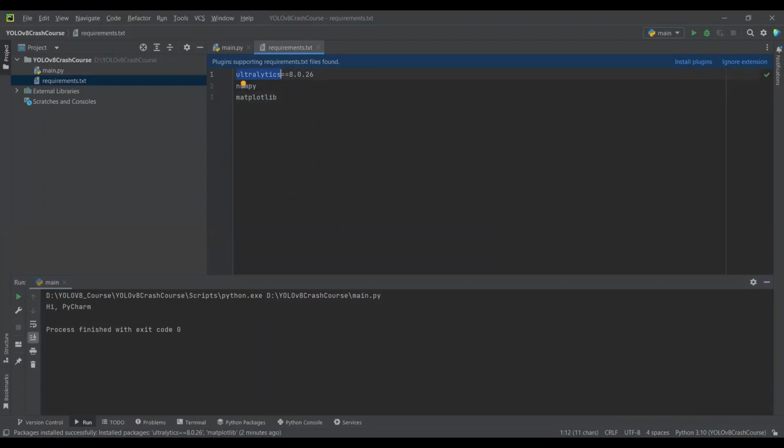Now we can see that the packages are successfully installed. The Ultralytics and Matplotlib packages have been successfully installed, as you can see in the note down below. And you can see that we are using Python 3.10, in the bottom right corner, which we have just downloaded from